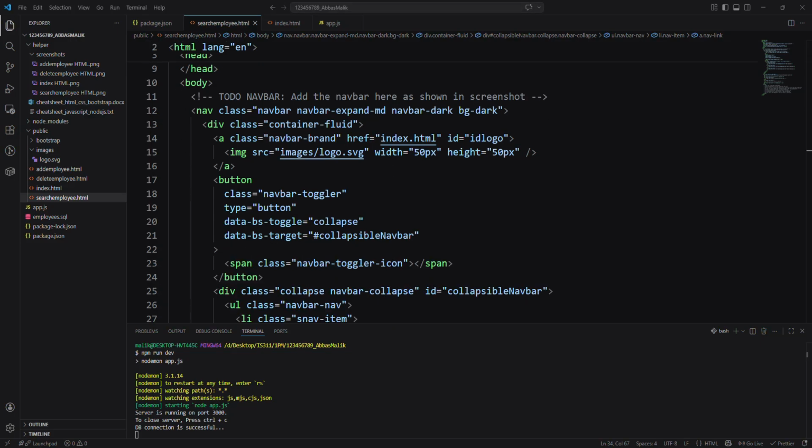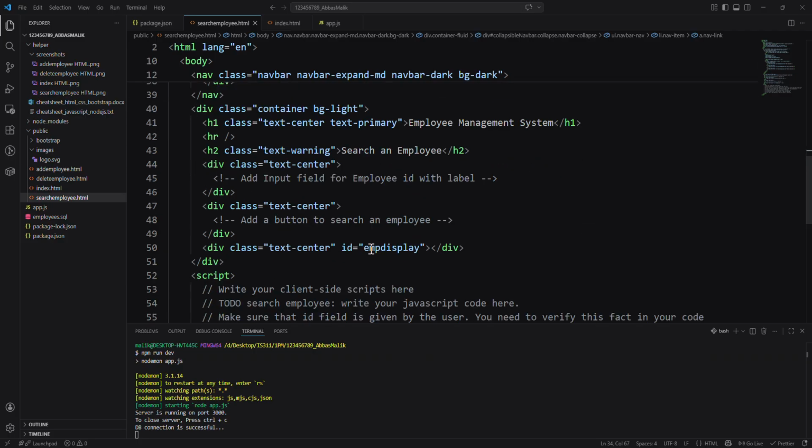The next thing we need to do is put some information here. First of all, we want to add an input field, employee id, with a label, so that the user can give the input into that field, and then we can